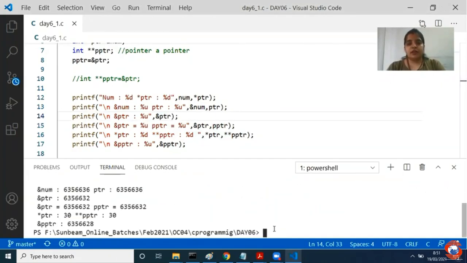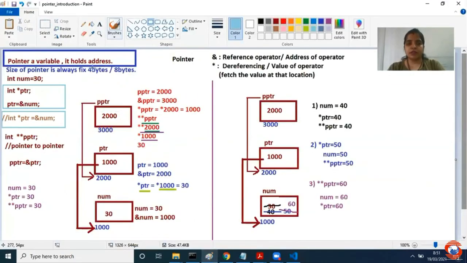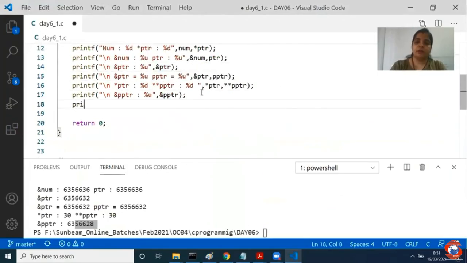Let us compile and check. Did you all get it? Address of PTR and this is same. These two are same. This is different. So have I proved this complete part and this complete part for you? Right? Let us try to find printf